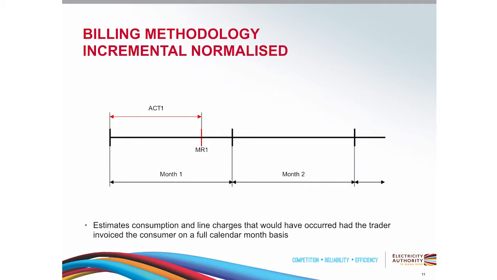Incremental normalised. Well, normalised means you've actually converted meter readings and billing into a true calendar month. So normalised means that if you had invoiced the consumer exactly at the end of the month, this is a picture of what you actually would have invoiced. So it might not have as much relevance to the retailer's cash flows,